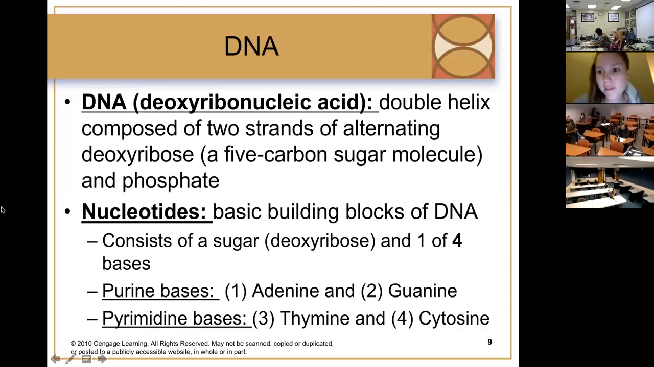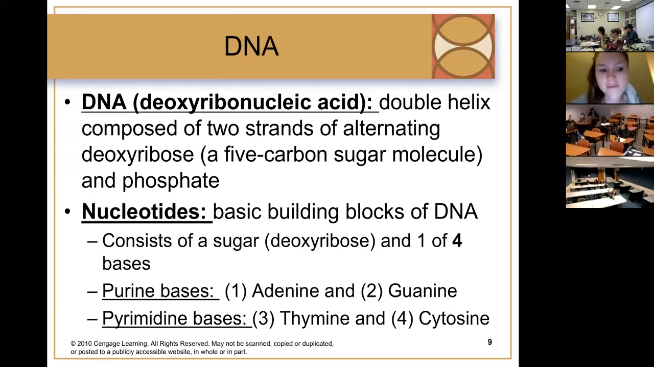So DNA is really, really important. That's what all of our genes are made up of. All of the chromosomes essentially are made up of DNA, and that's what codes for pretty much everything about us. DNA is also known as deoxyribonucleic acid. Everyone is familiar with the term DNA, because deoxyribonucleic acid is a mouthful. Its structure is a double helix that's composed of 2 strands of alternating deoxyribose,